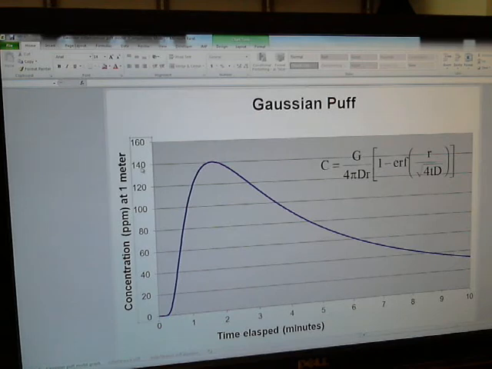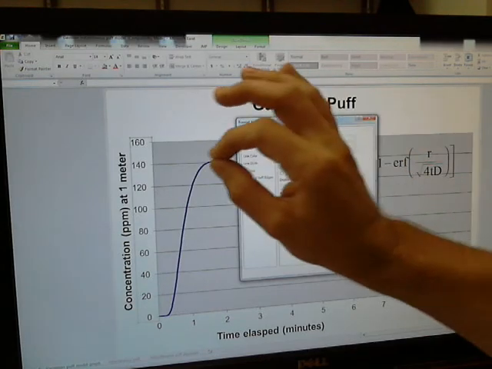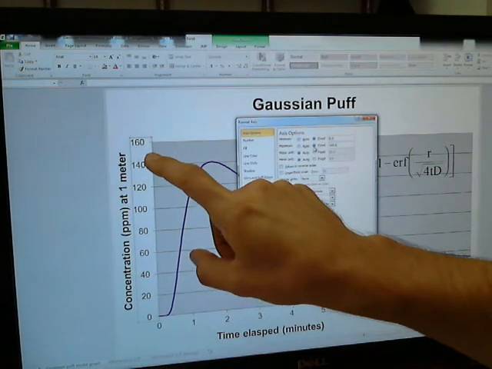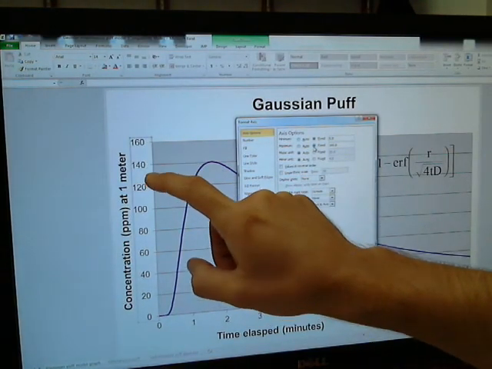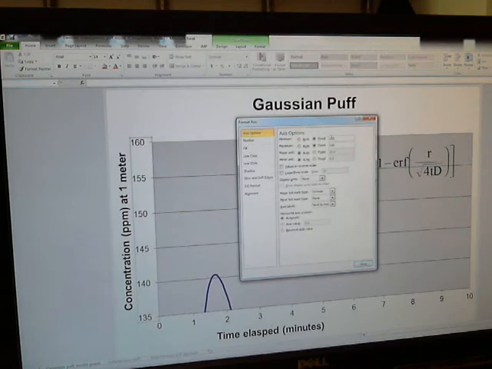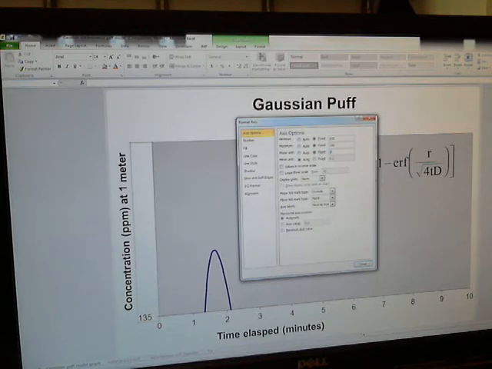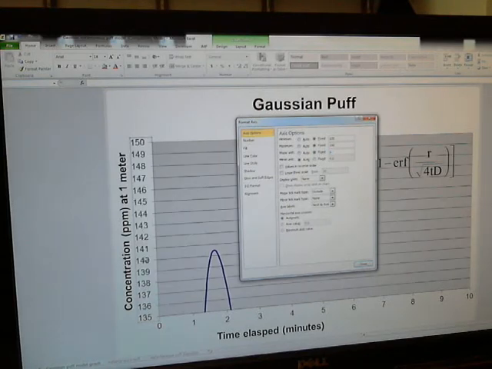So you could also do that graphically. You can click on this scale, you could right click it, format your axis, and then you could input the maximum and minimum and basically just zoom in. So I'm going to say my maximum is going to be 150 and my minimum is going to be 135. Okay, so my minimum 135, my maximum I'll do is 150, and now you can see, and then if I do my major units as 1, so now we can see, yeah, 140, it's basically 145. So if I wanted to zoom in even more, I could do that, make this 140 and make this next one 141,